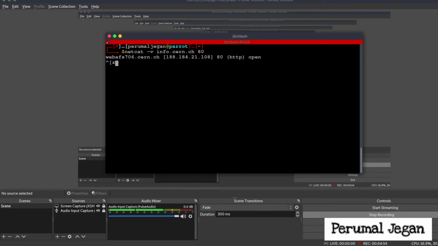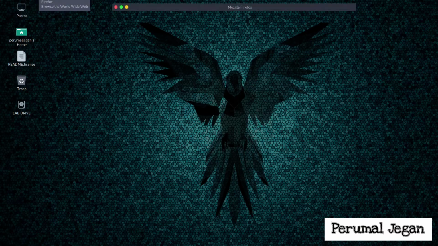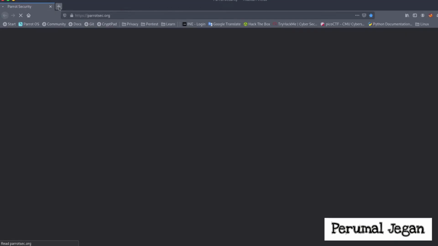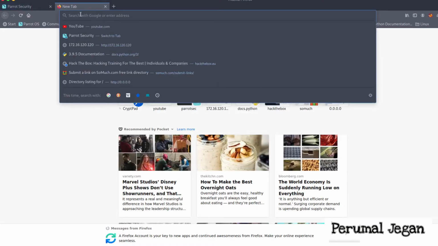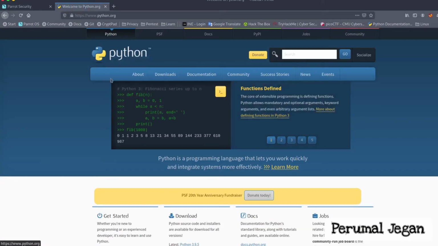So I'm going to create a couple of programs. One is going to act as a Python client and one is going to act as a Python server. I'm going to explain from scratch. So just open your web browser. I'm just opening my web browser here, and I am browsing to Python. So I'm on the Python website.